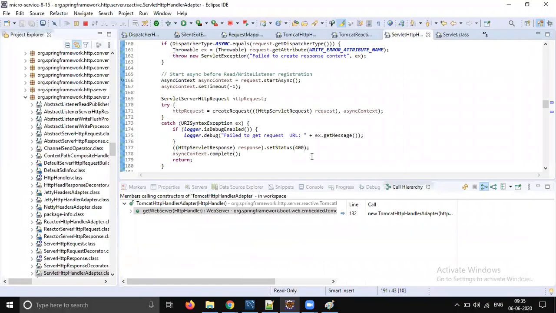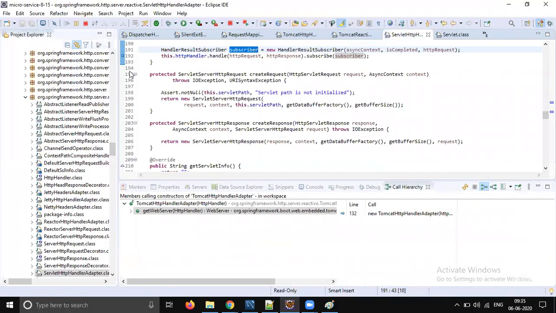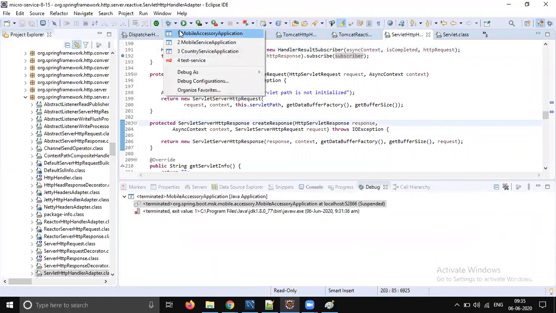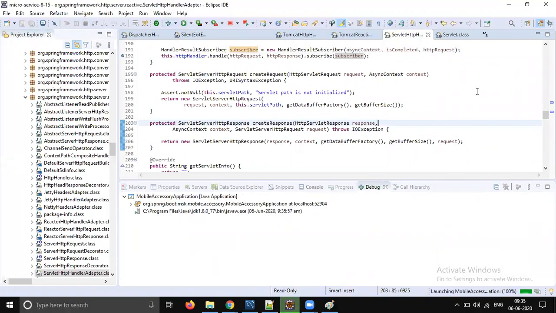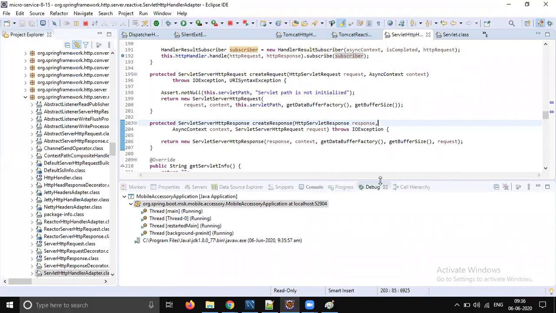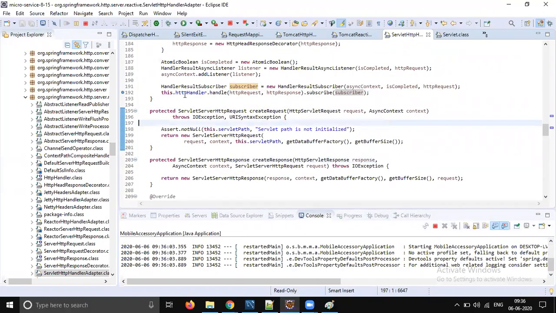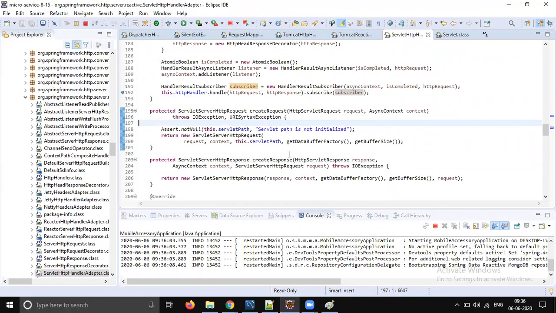So let's add the debug breakpoints. Let's stop it and start the server. Whatever we are learning is a very advanced thing. None of the developers will jump into the server just to understand what architecture is happening. We are just debugging all this.